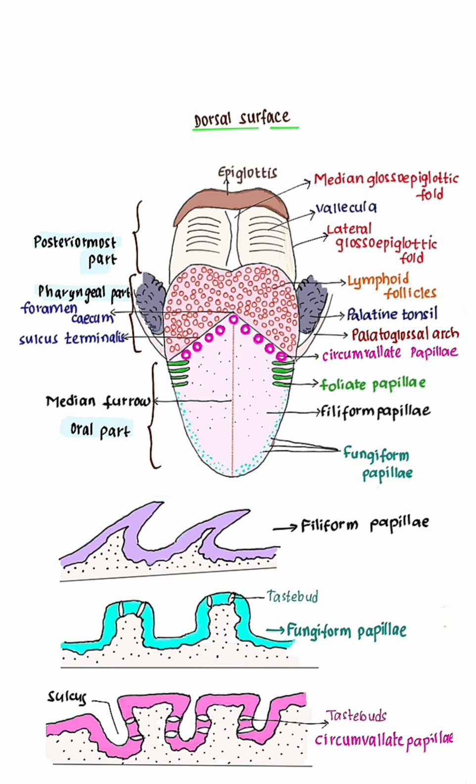These are mainly four types: circumvallate papillae, foliate papillae, filiform papillae, and fungiform papillae. Circumvallate papillae. Circumvallate papillae are large in size. They are 8 to 12 in number. They are situated immediately in front of sulcus terminalis. Each papilla is a cylindrical projection surrounded by circular sulcus. The wall of papillae has taste buds.